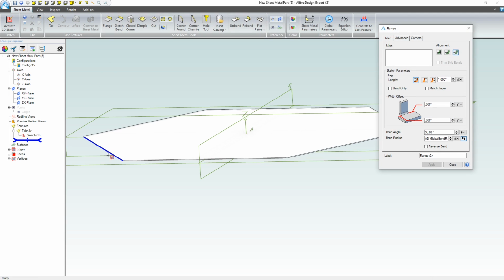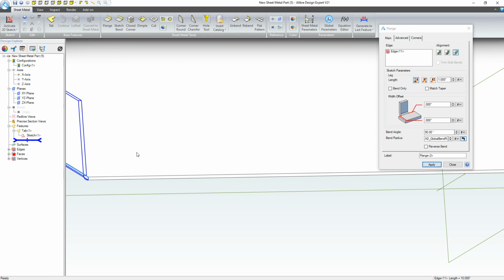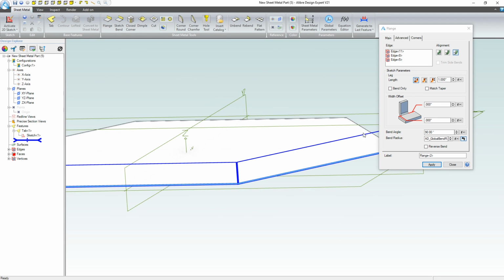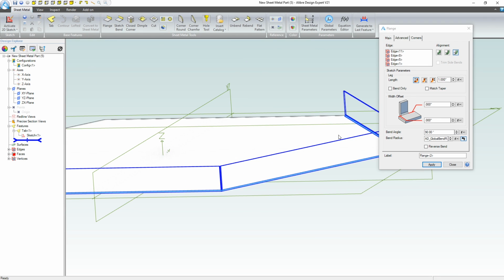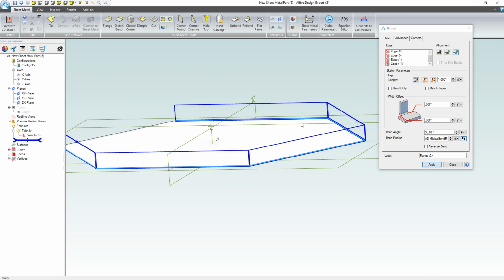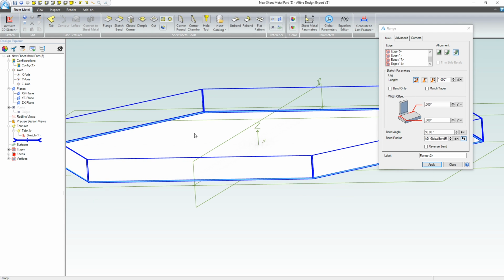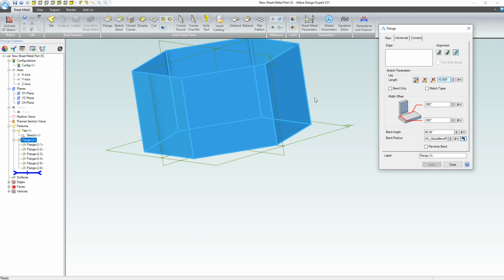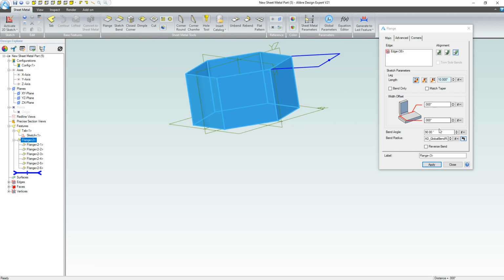Now I can add in a flange, and a flange is simply a bend off of an edge. So I can start populating my flange off of a various number of edges, or just one if I prefer. I can set a length. You can also do these one at a time if you want these to go to different depths or something. And you can keep on just defining edges as you go, and I can adjust my angle here at 45,